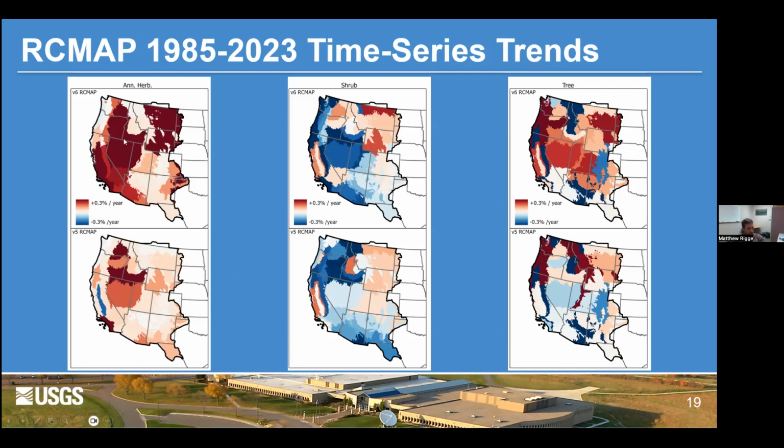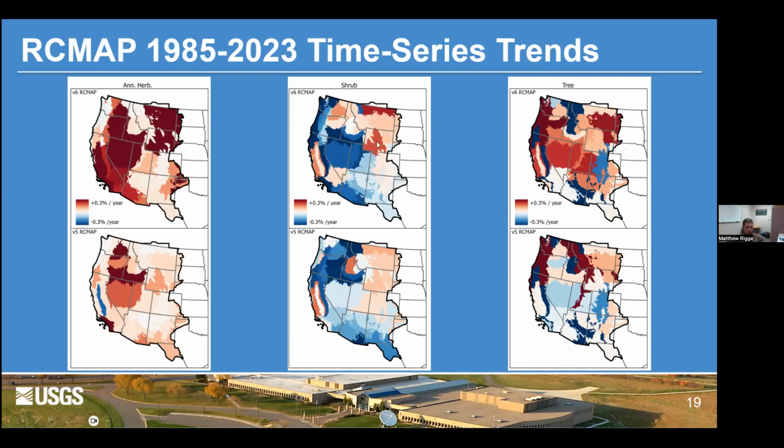In our new generation of components on the top tier here, we see, I think, more accurate increasing trends in annual herbaceous, especially in the Great Basin and then over into the Great Plains as well. Shrub cover patterns are pretty similar between the two products, but typically these shrub cover decreases are driven by fire,